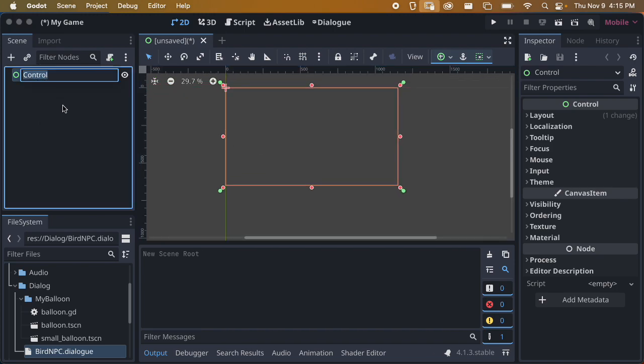So I'm going to rename this control node to start menu. And then we're going to start building it out. So the UI system in Godot takes a little bit of getting used to. But it's very node-based, the same way that our level editors are very node-based. And so what that means is